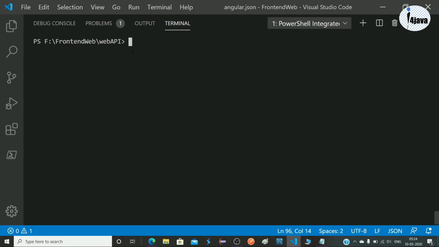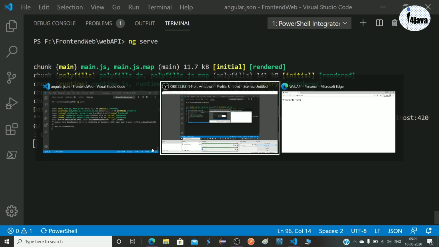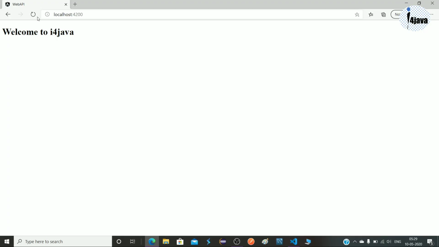Now in our project section, ng serve for running this application. Now it will take time. Now you can see it is running successfully. Let's go and check in our browser, refresh it. Okay, it is working well.